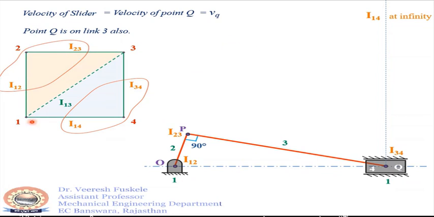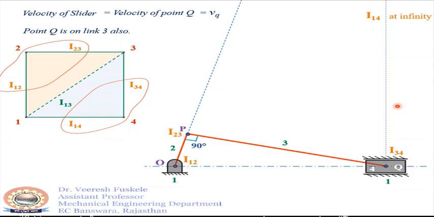So we'll obtain I13 by the intersection of the line joining I14 and I34 and the line joining I12 and I23. So we do this. We already have the line joining I14 and I34. This is I14 and this is I34. So this is the line which is joining I13 and I14. Now we'll join I12 and I23. So this is I12, this is I23. So this will be the line as shown. On the intersection of this line and this line, we will get I13.